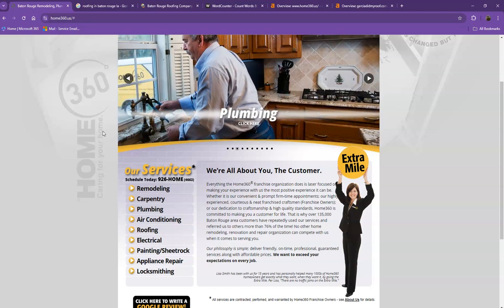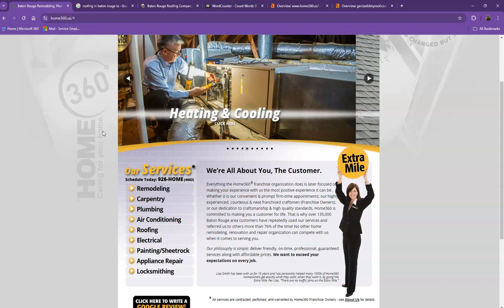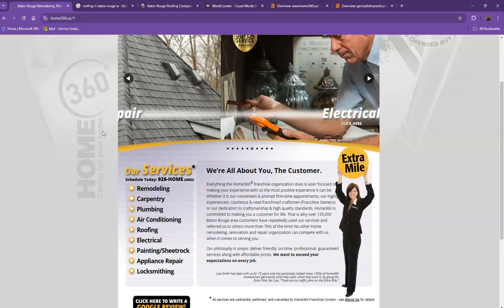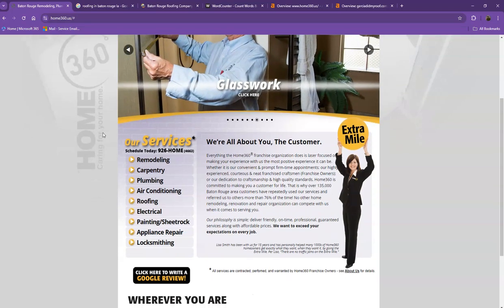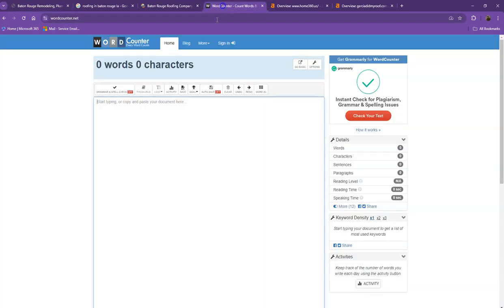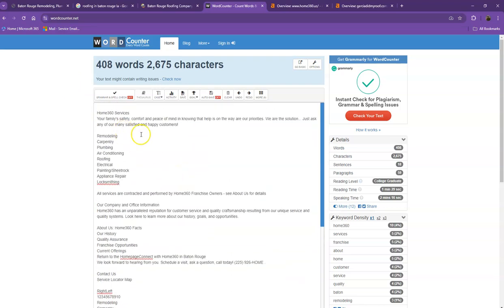One thing I can tell right off the bat is that Google loves content. Google would like to see a minimum of 1,500 words on a homepage. And in addition to this, the more content you have, the more you look like an expert in Google's eyes. So of course, if you want to beat out the competition, you'd want to have 1,500 words or more. So let's go ahead and do a quick count just for us to see how many words you have on your homepage. So currently you have 408 words, which is not a bad number. However, we're still quite behind the goal of 1,500,